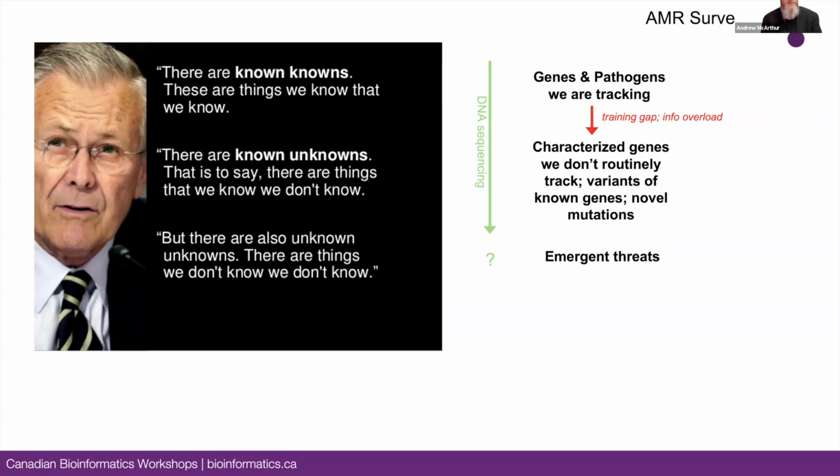So when you sequence, say, a cultured isolate, we will detect those same targets that we do with PCR or culture in a clinic, but we also will detect all the variants that we track in our database. And then the big question is, how can we build bioinformatics to predict emergent threats, things that are flying under the radar? There's a real promise to this, and we had a 10, 15-year plan